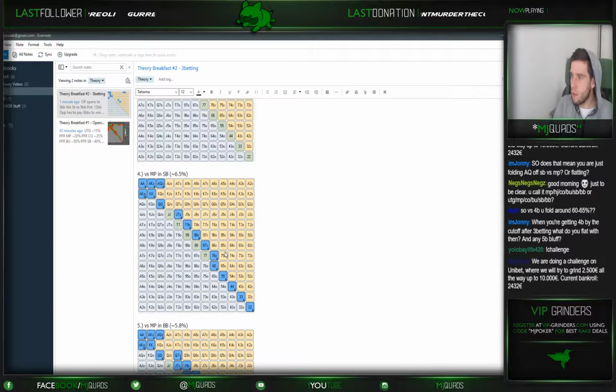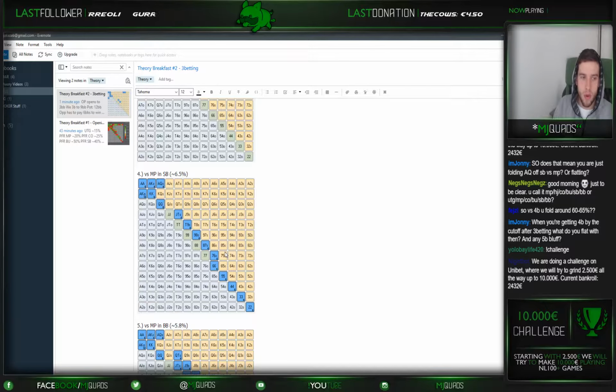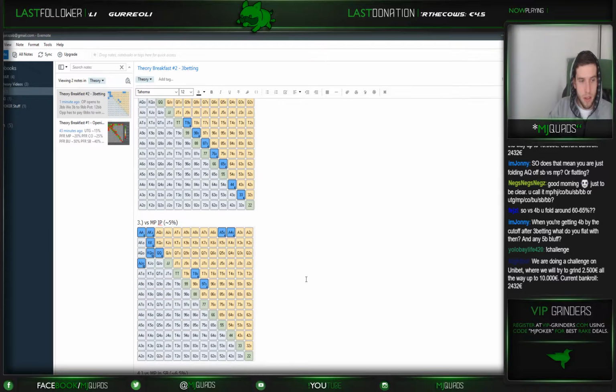Faisal, so versus 4-bet you fold around 60 to 65%. I think it's around 50 to 60%, something like that, right? The reason why is when we say we are 3-betting a certain range for value and a certain range as a bluff, the range that we're 3-betting as a bluff is not necessarily meant to be 3-bet folding. With some hands we are going to be calling a 4-bet. It does not mean we're going to be stacking off with it, but for example, if I 3-bet, let's say versus MP in position, and he 4-bets us, here I'm probably going to have around 60% fold,